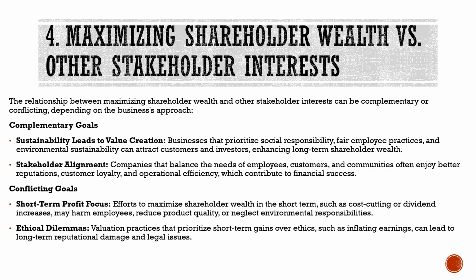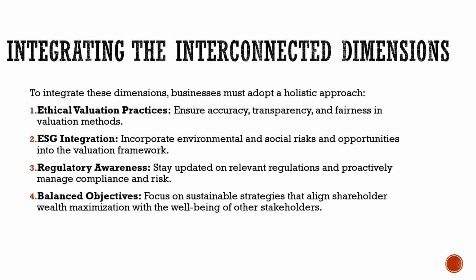Conflicting goals are the efforts to maximize shareholders' wealth in the short term, such as cost cutting and dividend increases, which may harm employees and reduce product quality. Integrating the interconnected dimensions can be achieved through ethical values and practices,